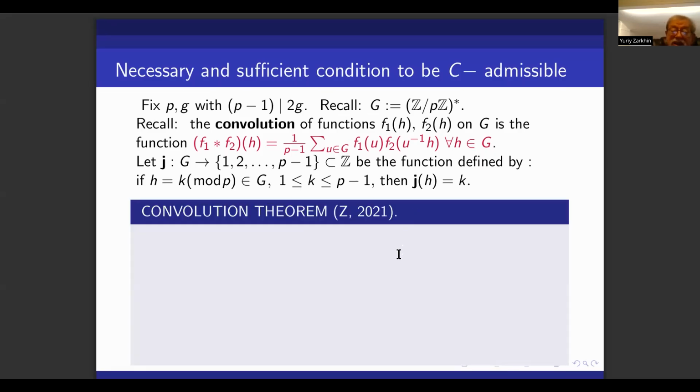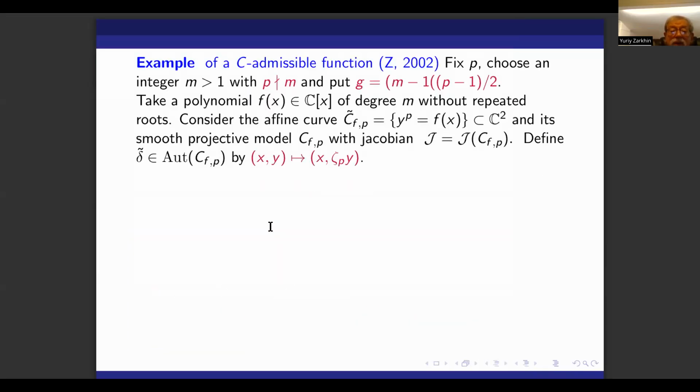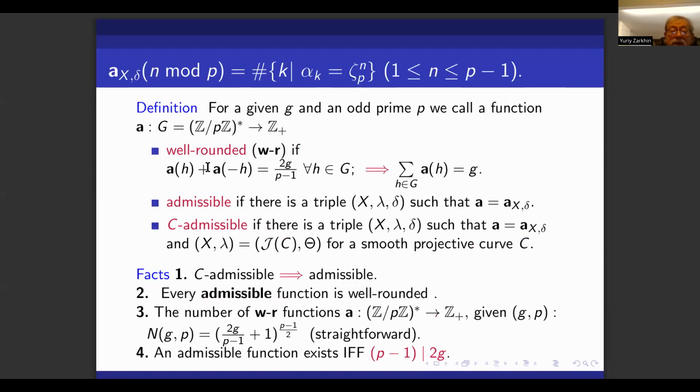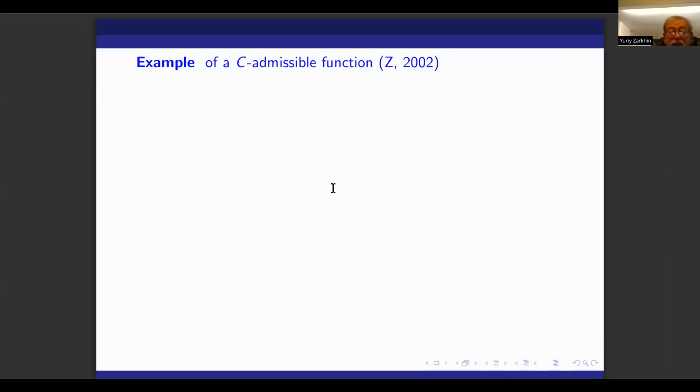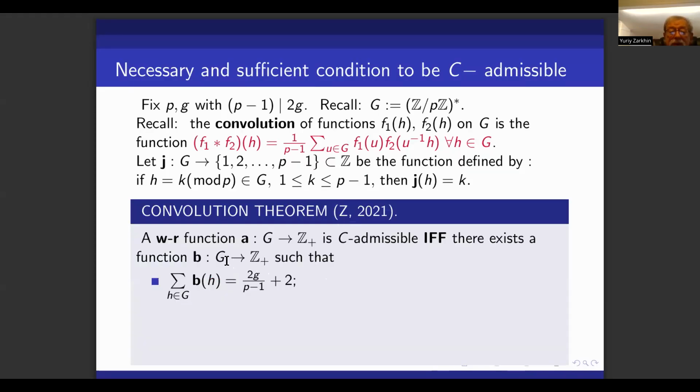Okay, now it's time for the main result. Let me remind you that a well-rounded function is a function that satisfies this condition: A of h plus A of minus h is twice G divided by P minus 1 for all h. So a well-rounded function A from G to Z plus is C-admissible if and only if there exists a function B,